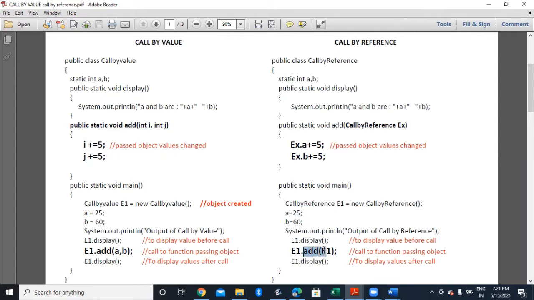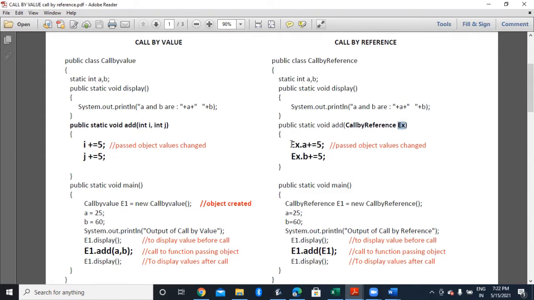Now, here you can see in my add method, instead of passing a value, I am passing the object E1. So here the difference is that in call by value you were passing values, but in call by reference I'm passing an object. So when this object comes to the add method, you can see this is the class name, and here it's my object.